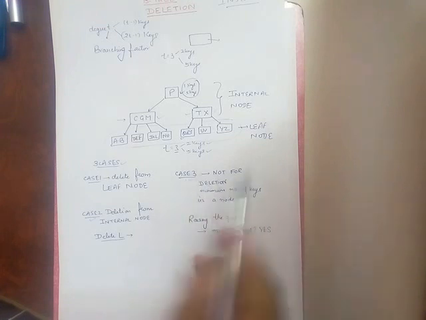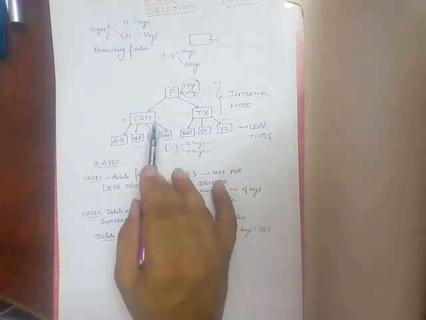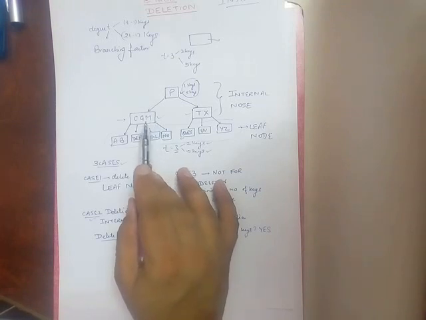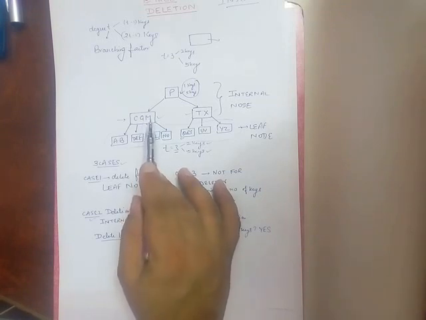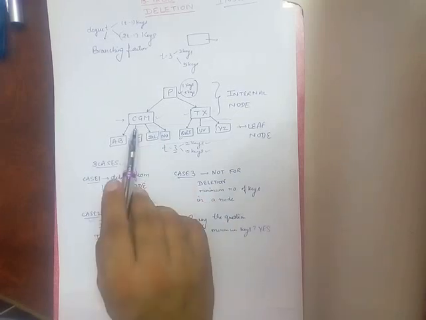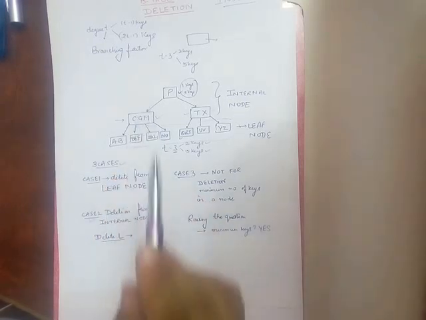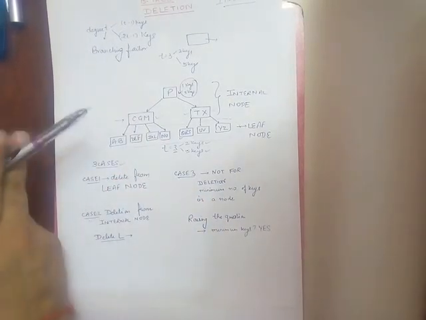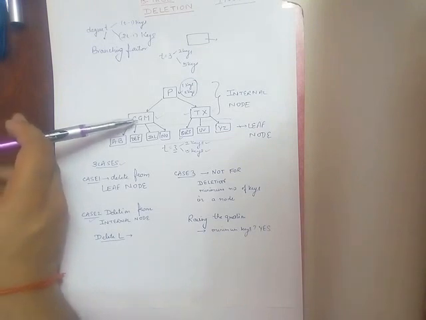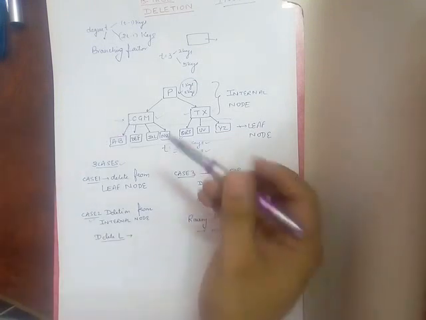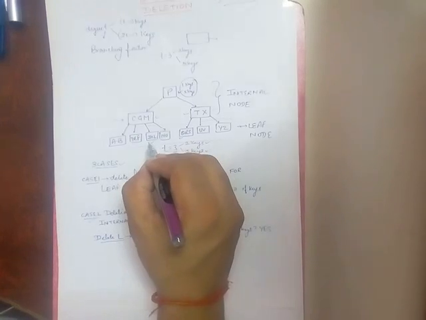Here, in which child are we moving? We are checking L. We are comparing L with M, and we see that L is smaller than M. Then we compare L with G. As we are deleting L, we compare it with G, and L is greater than G. Hence, we are moving to the in-between child here.